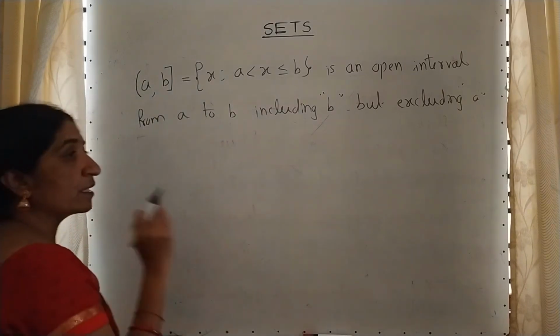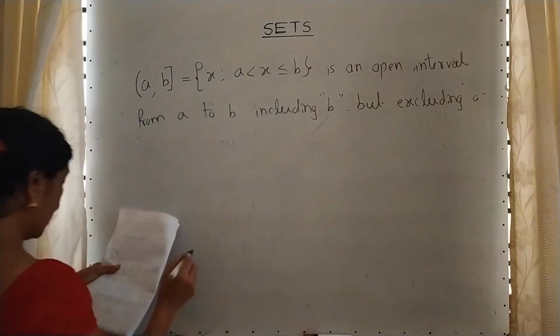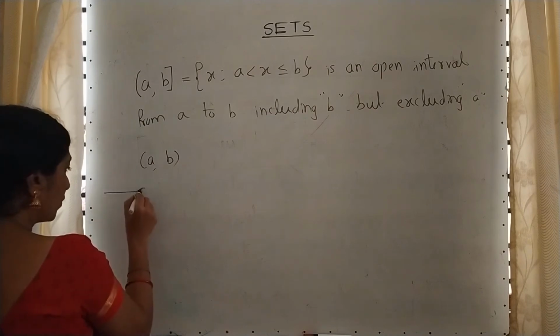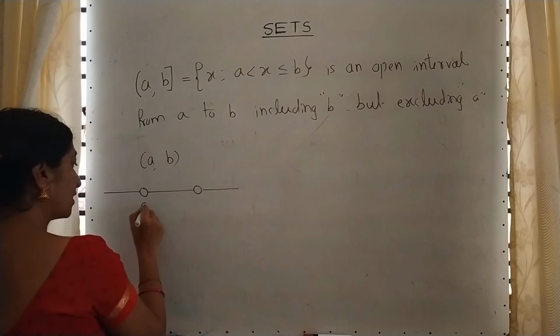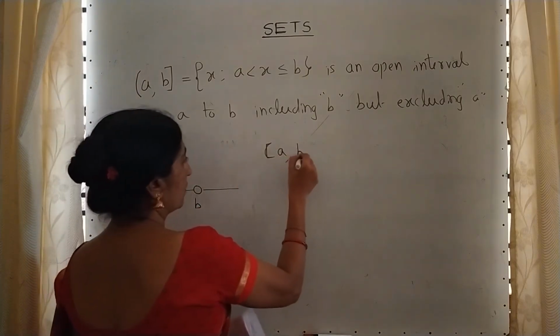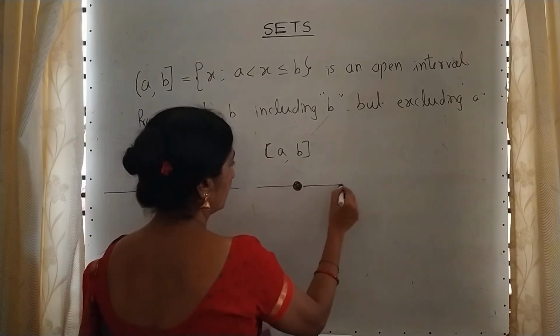And we have some figure. We are denoting these intervals with the help of a figure. See, on the real line, suppose it is an open interval. A comma B is an open interval. On the number line it is marked. If you write like this, with open circles, this is an open interval. If you write a closed interval, we have to close that circle.